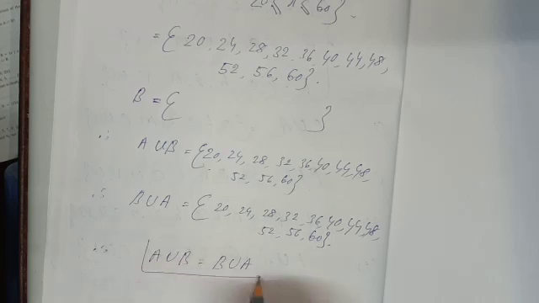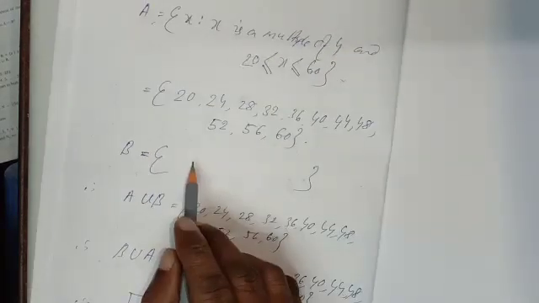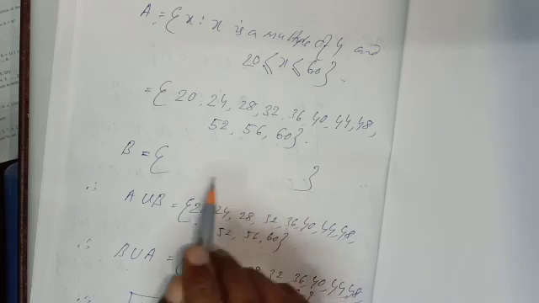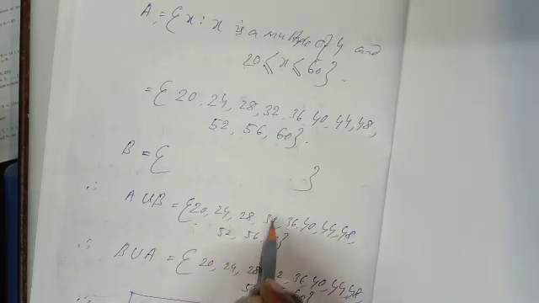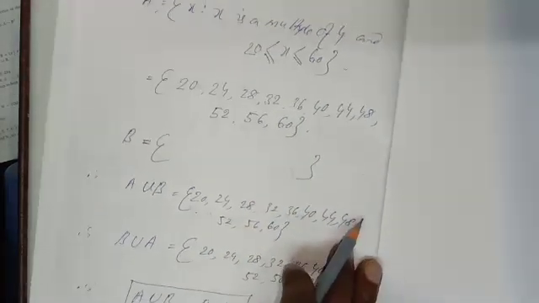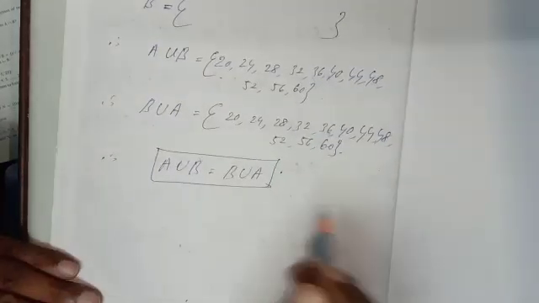So what are the elements present in B set? No doubt, union means all the elements you have to repeat. They have not mentioned anything in this question about B set. If there is any element in B, then it is okay, it will come along with A here, and if there is something more, you have to add it here. But in question number 10, nothing is given here. Let us go to the next question, number 11.